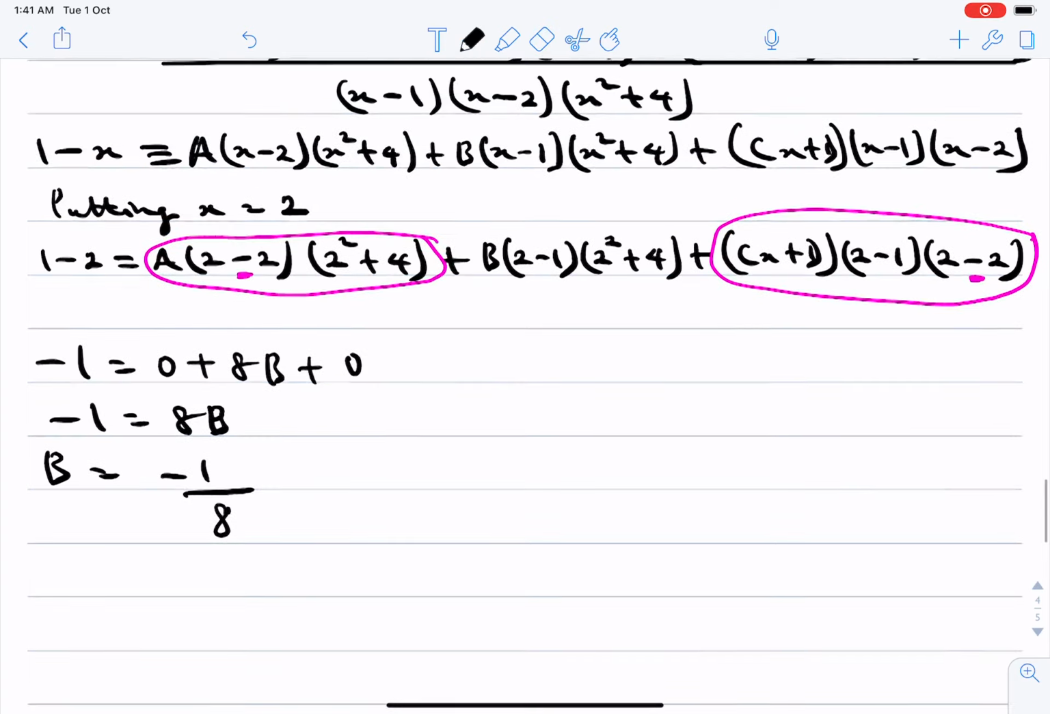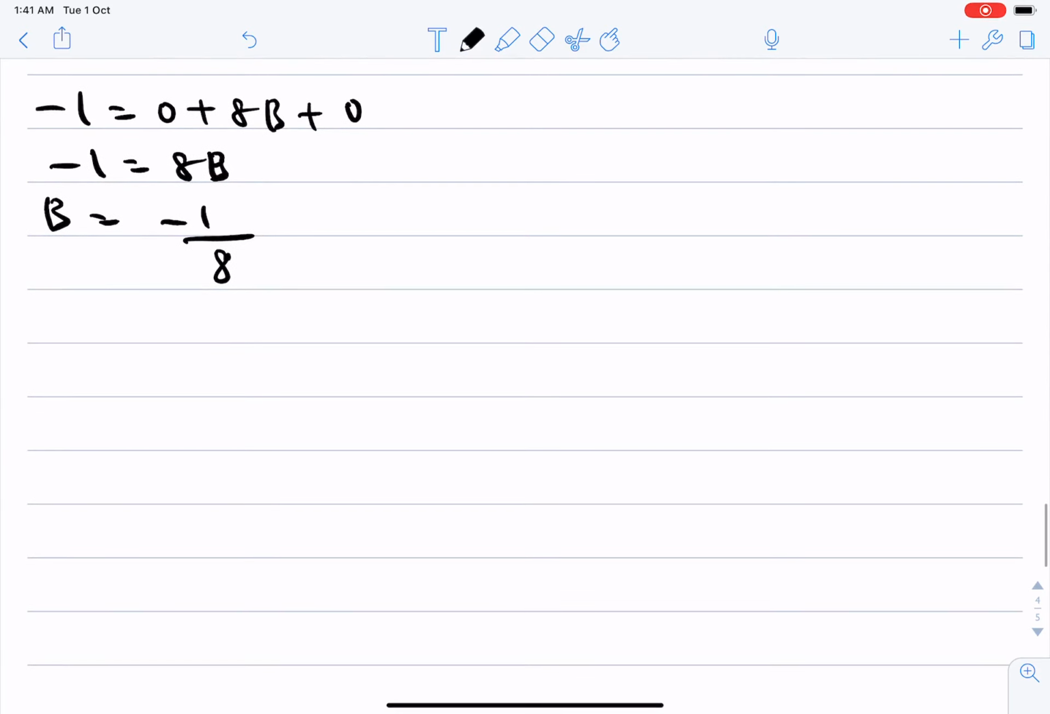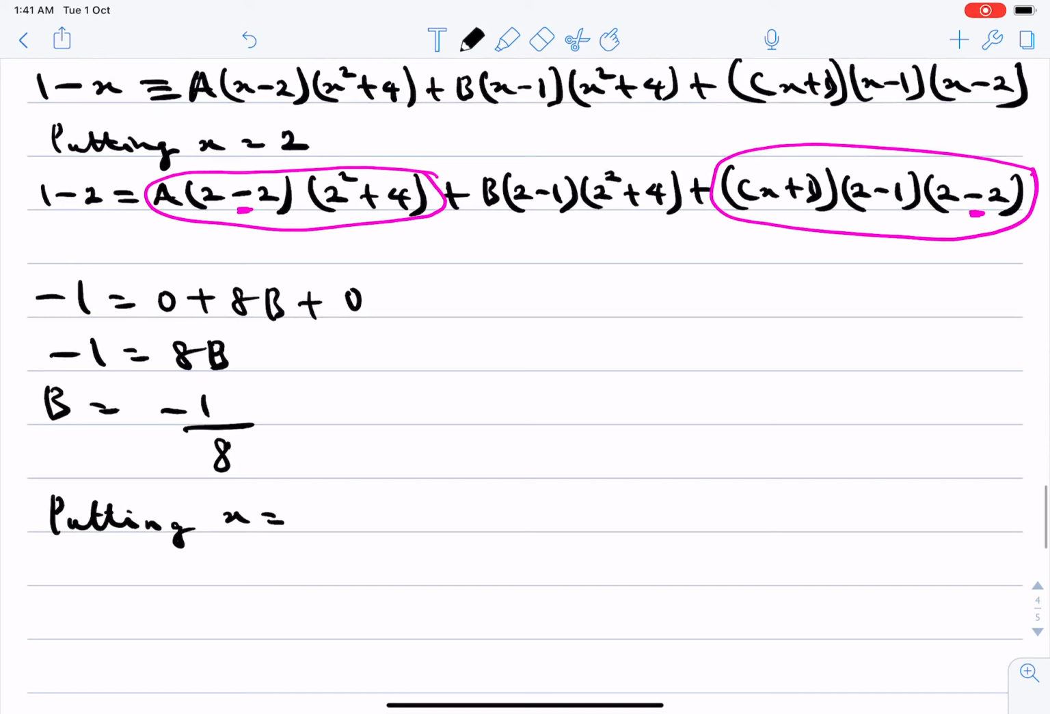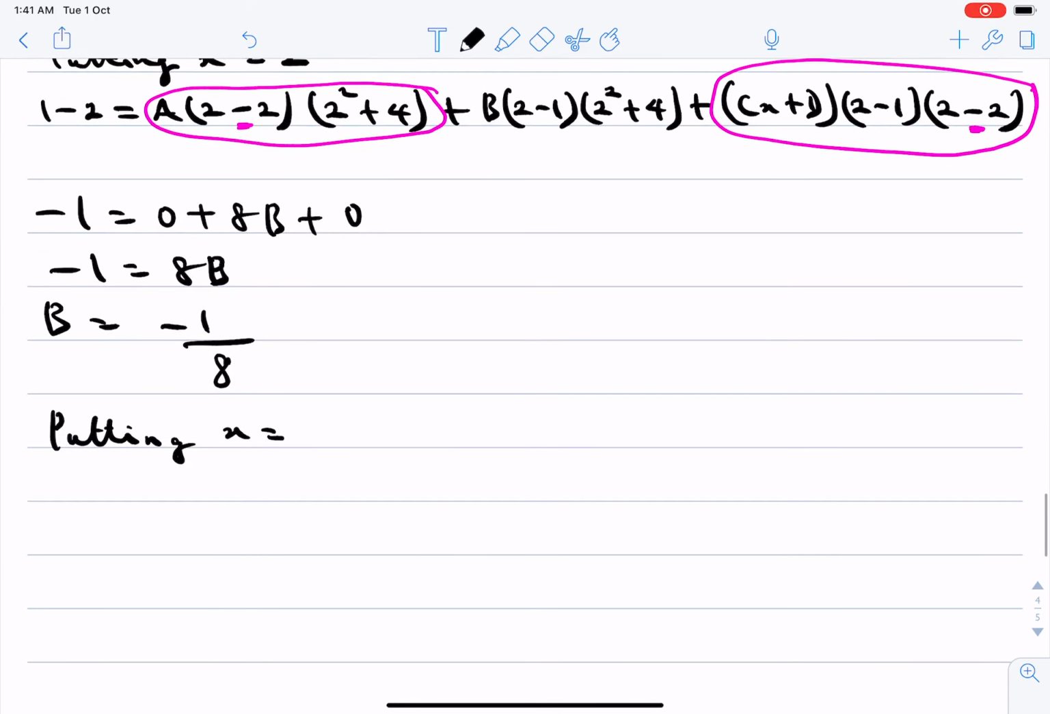Minus 1 over 8. Putting x equals, what value can I put for x to get another constant? Putting x equals 1. Putting x equals 1. 1 minus 1 equals a times 1 minus 2